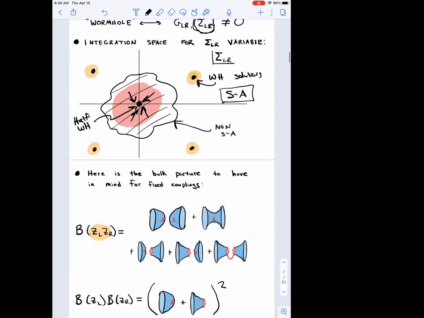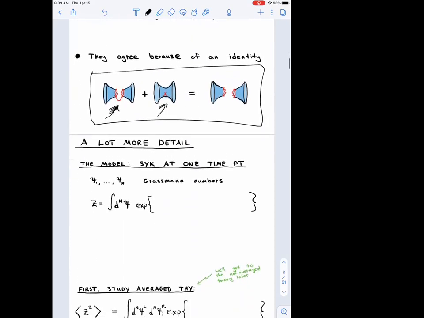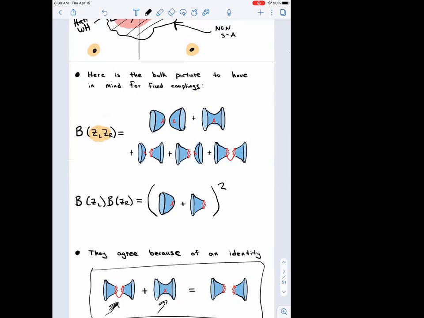So I claim in this picture you have two kinds of saddle points. There's these ones, and there's these ones, the wormhole and the half wormhole, and they have the same action. This needs special tuning, or it's natural like that. Yeah, it's because of something that I will explain. It can be explained by thinking about the disorder average of this quantity squared. Well, maybe I'll explain it now since you asked the question. It's a great question. Let me try to explain it.